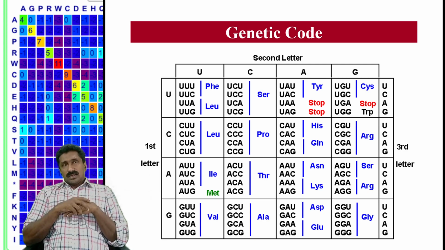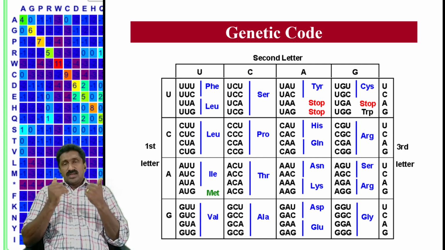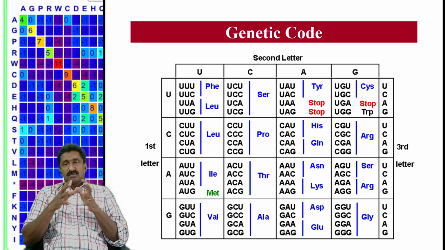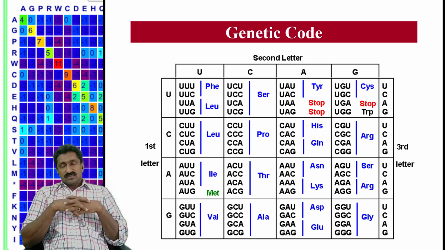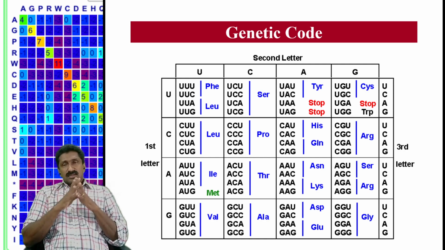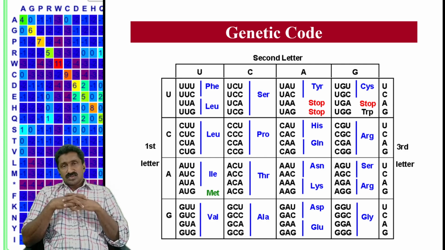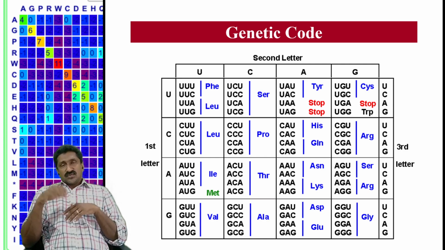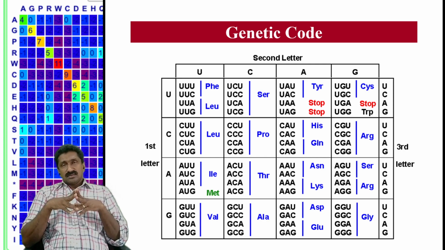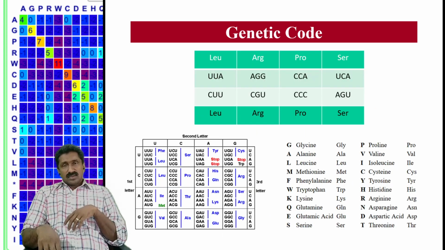Now we come to the actual value, the score that can be subtracted or added. Instead of the arbitrary value, what should be the actual value? We need to understand that. As I mentioned, there are many types of matrices like the PAM matrix, Blossom matrix, etc. Here, you know about the degeneracy of the genetic code. Many codons will code for the same amino acid, and the genetic code describes many codons corresponding to the same amino acid. It's already known to you.